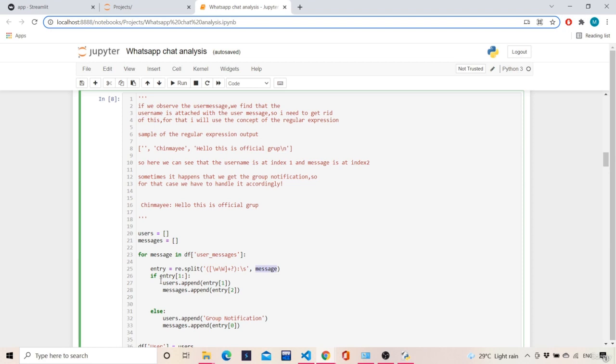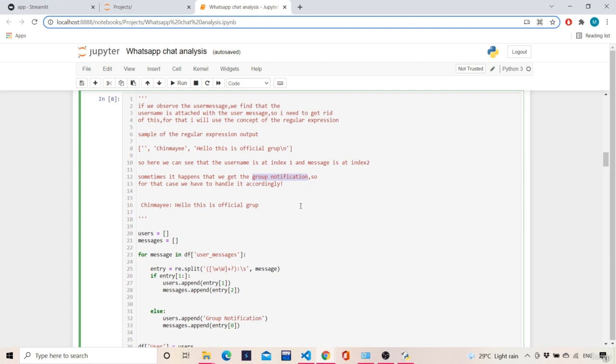Then if entry of 1 colon, what does this mean? Why did I write entry of 1 colon? Why didn't I write only entry? Because here I mentioned that there is group notification as well. In group notification, there is no user who is giving some kind of message. It's only the group notification. So it doesn't have any kind of user linked to it.